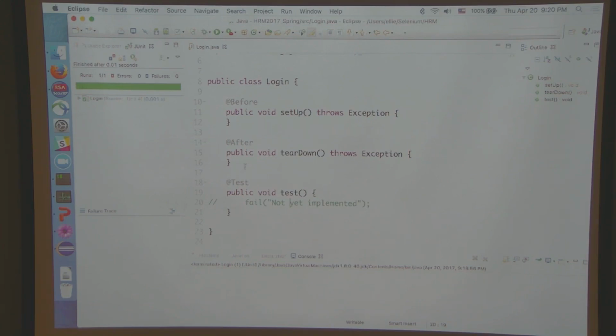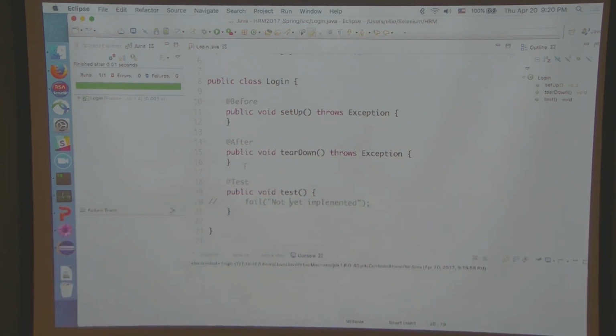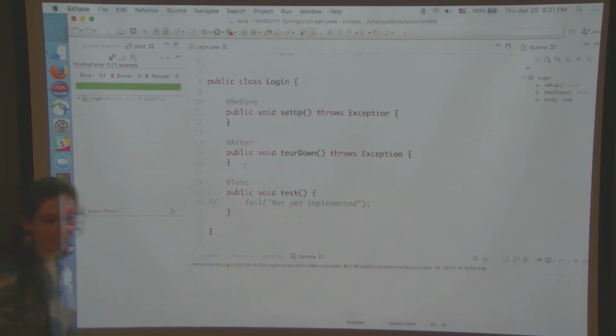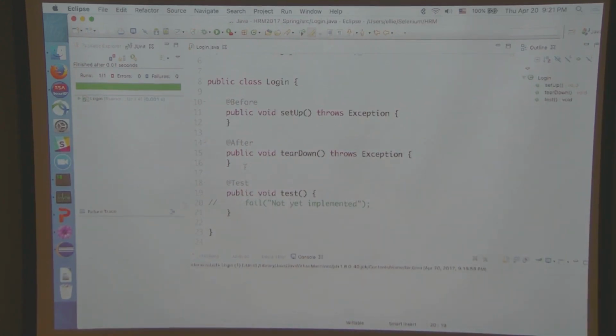So first things first, I'm going to give you the URL for the stuff we're going to be testing. It's pretty easy to remember. It's essentially the same thing as here, except it's hrm.seleniumminutes.com. That's our application under test, AUT. Might as well throw some acronyms at you while we're at it. All right.